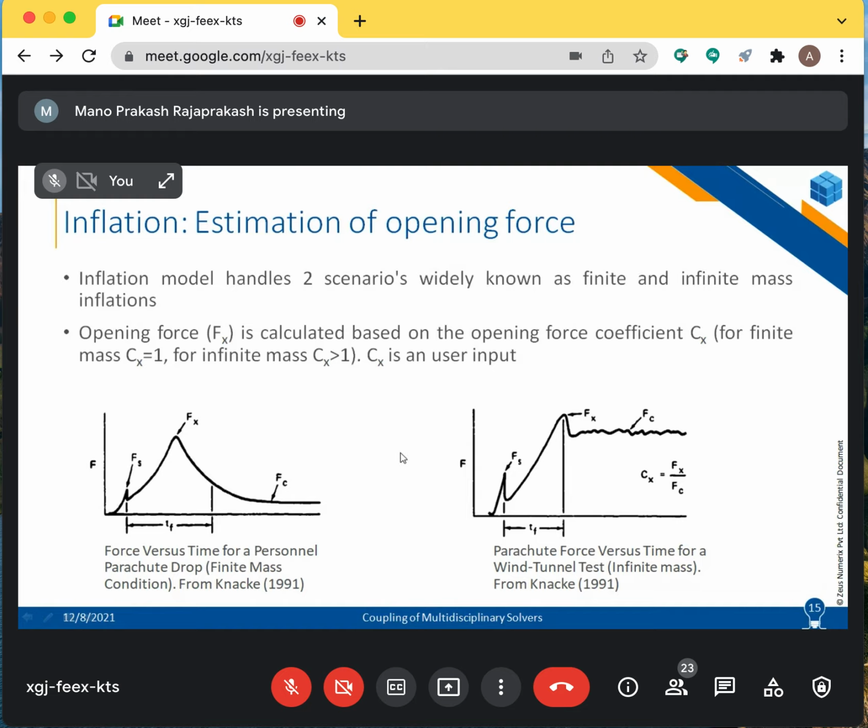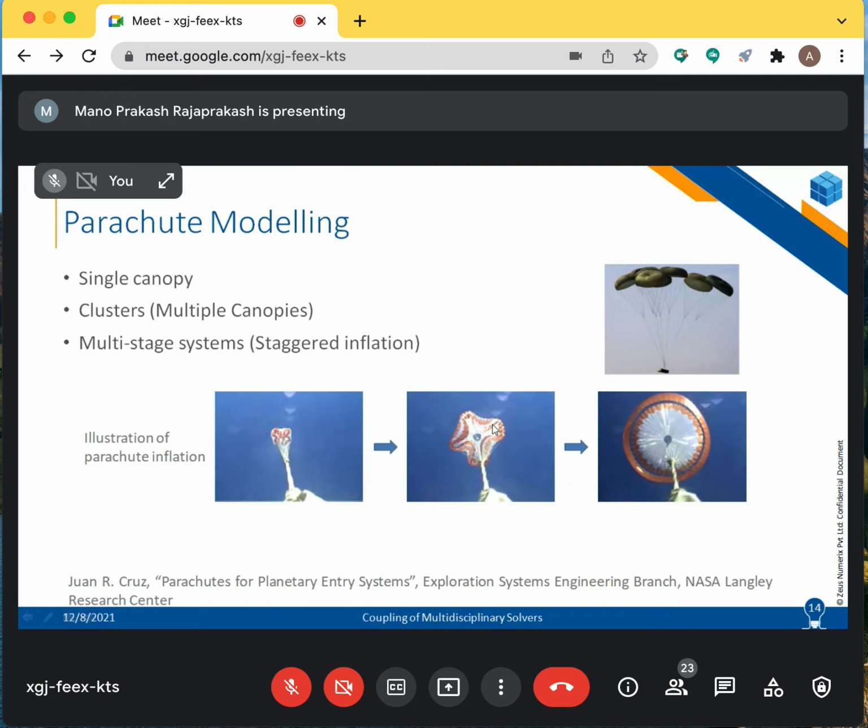And now we will go into the inflation modeling. As we saw in this particular slide, this is how the parachute starts inflating. At this moment, it is going to offer some drag to the payload to which it is attached. At this stage, it is going to be even more than the previous stage. By the time it reaches nominal inflation, that is its nominal size, it is going to take some time for this transformation to happen. This is called the fill time. Fill time is basically the time taken by the parachute to go from zero to its actual nominal diameter.